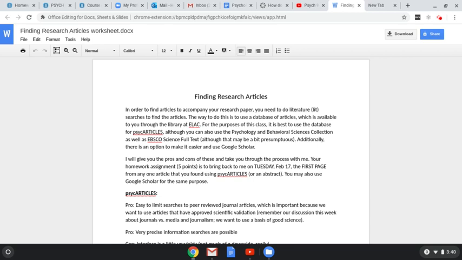And I will then interactively use my new tab over here to actually do it so you can follow along. So in order to find articles to accompany your research paper, you need to do a literature or lit review, which entails literature or lit searches to find the articles. The way to do this is to use a database of articles, which is of course available to you through